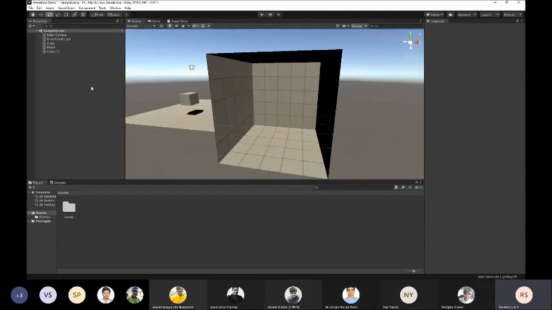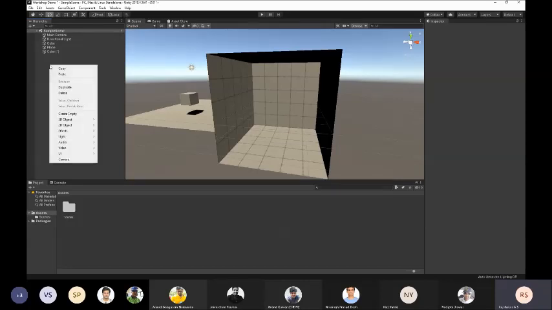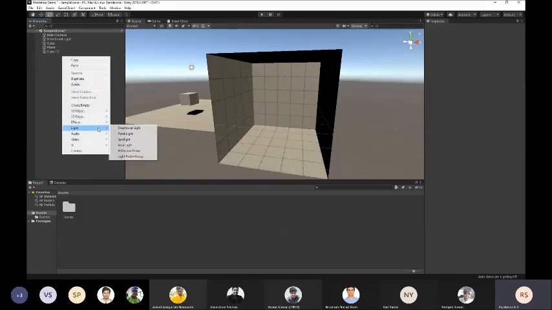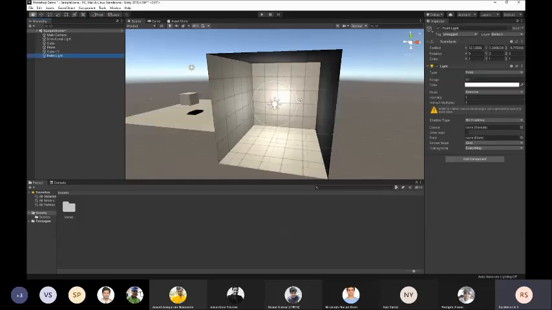And I'll create a basic light in the scene. So to create a light, we right click in hierarchy, we go to lights, and we already have a directional light in the scene. That's the sun which I talked about. And I'll create a point light. Sorry, not spotlight. Point light, yeah.